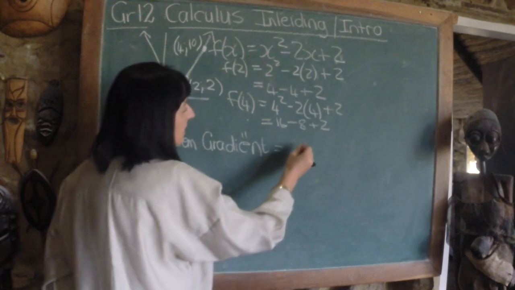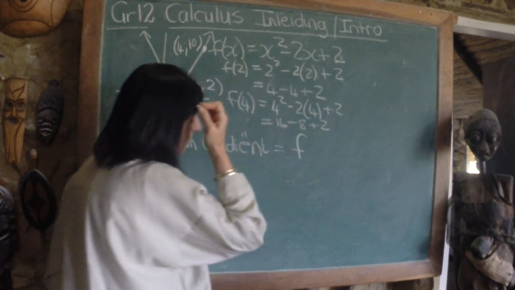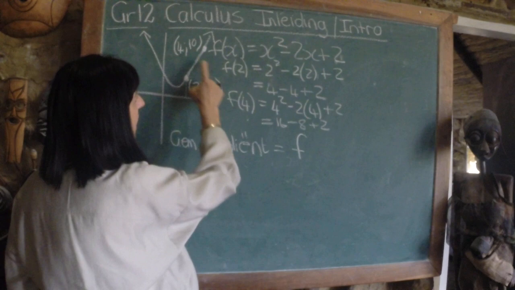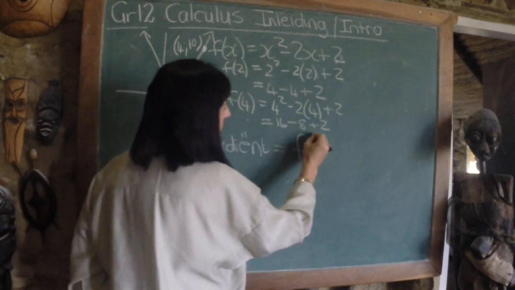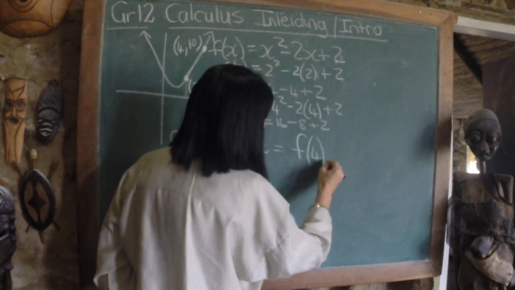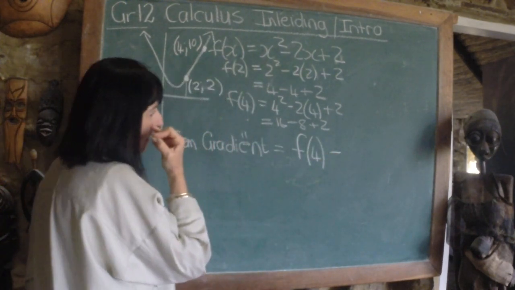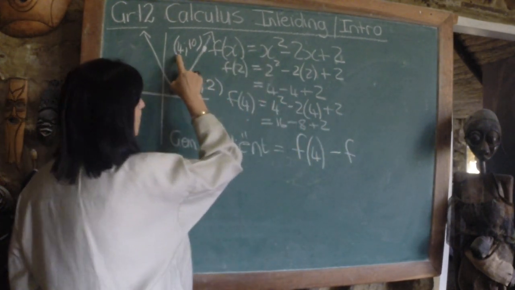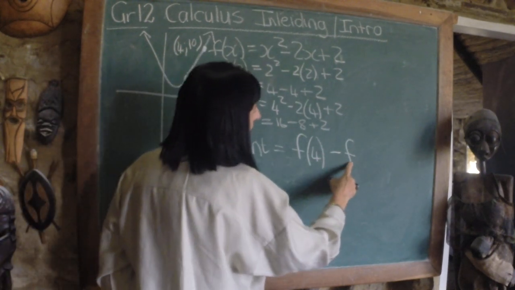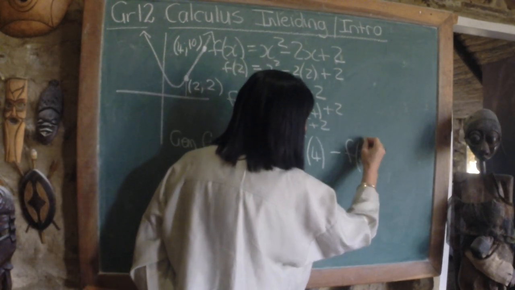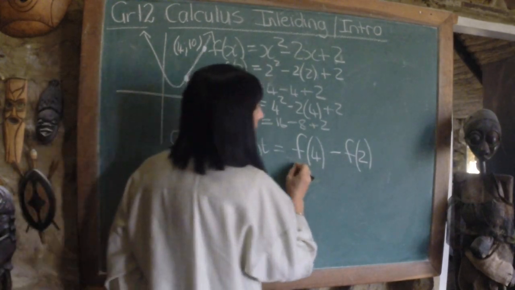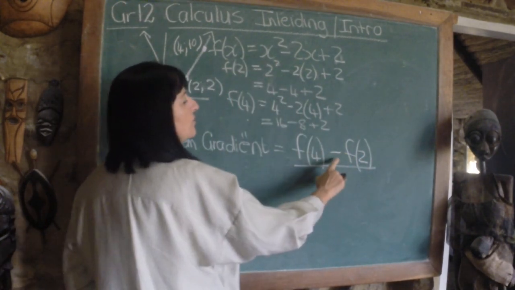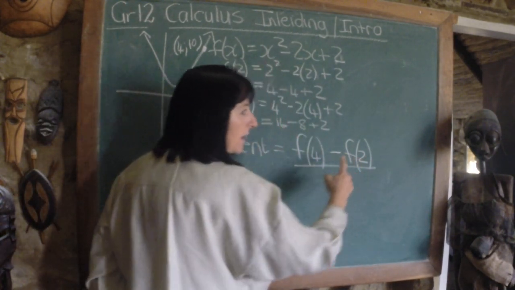I'm going to take the value of f(4) minus, that's the y value when x equals 4, and the y value if x equals 2, that's y2 minus y1, analytic language,